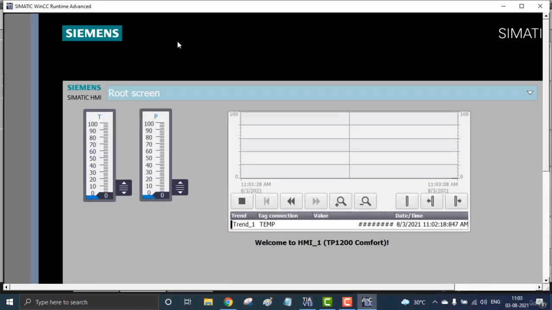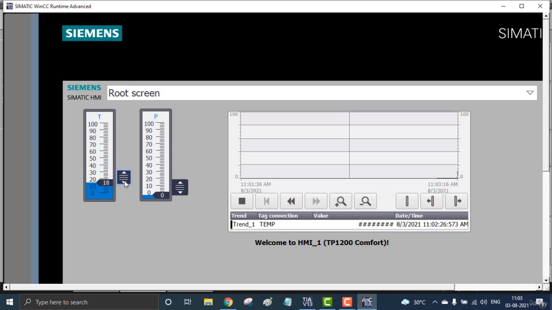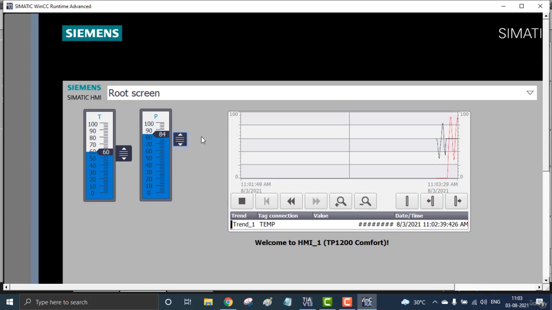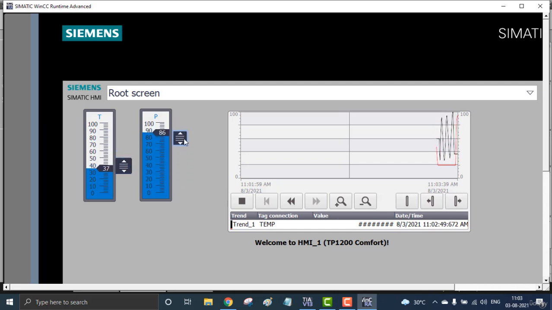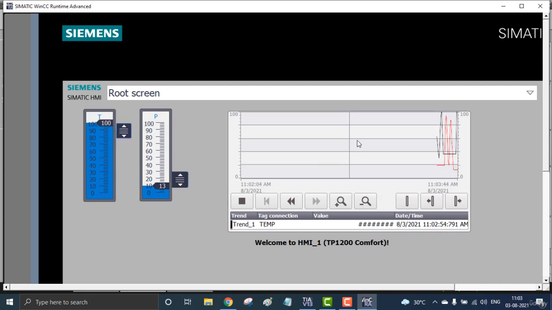So we are at the simulation, and you can see both the pressure and the temperature are at 0, and I'm going to increase the temperature slightly. See, the black trend goes up, and when I'm dropping it, it falls down, and still the pressure is 0. And also I'm increasing the pressure steeply, and you can see the temperature and pressure, everything in a single glance. See, this is the real-time trend. These are the real-time trends happening in real time.